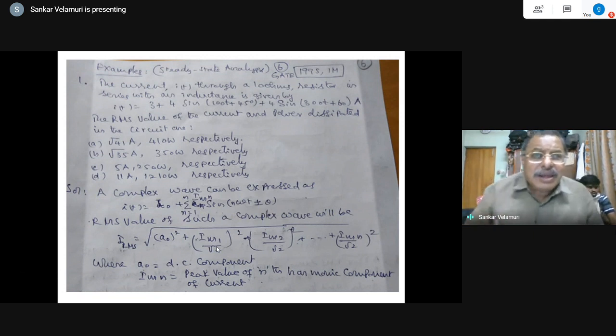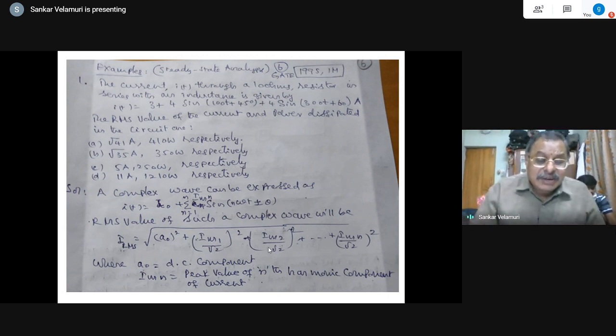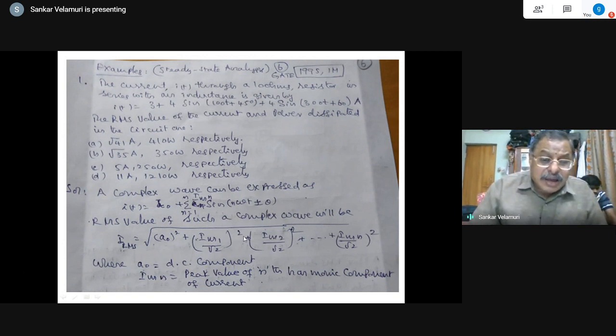There is a derivation for that, because the integral of sin theta times sin 3 theta, and other such products of the other angular frequency components called harmonic components, will get nullified. They become zero, in the sense that they are mutually exclusive. The fundamental component of the current will not have interaction with the second harmonic, or the second harmonic component will not have interaction with this. So cross